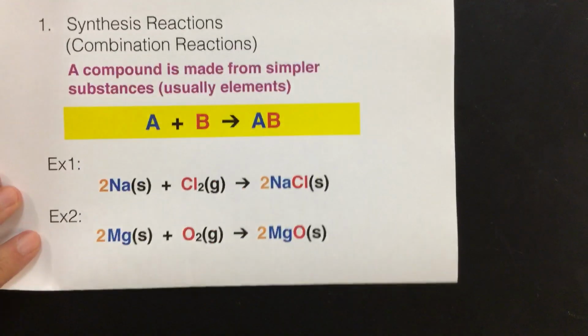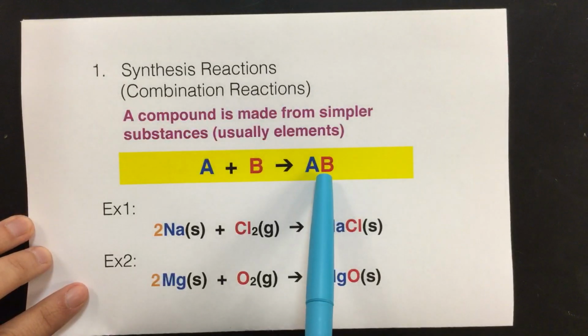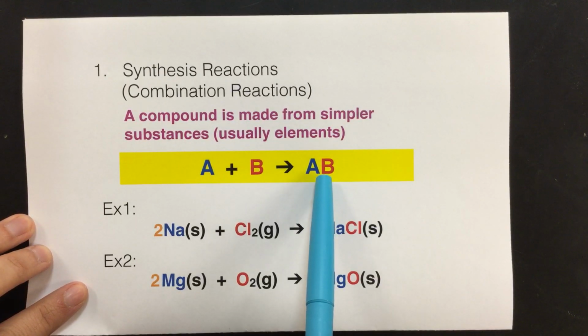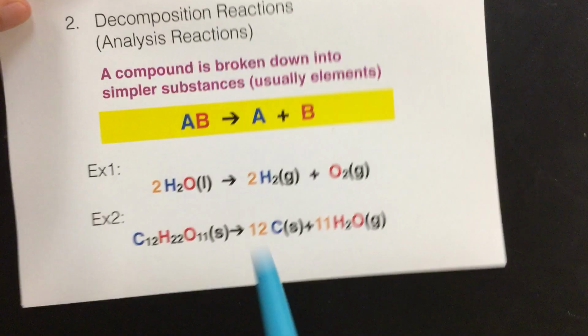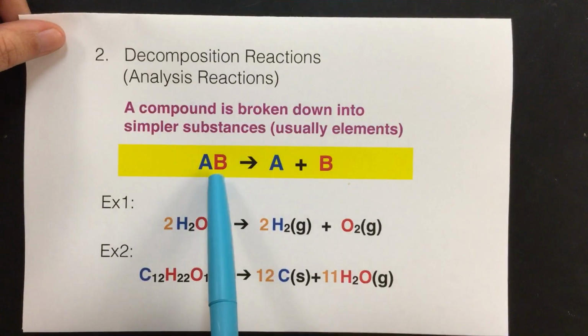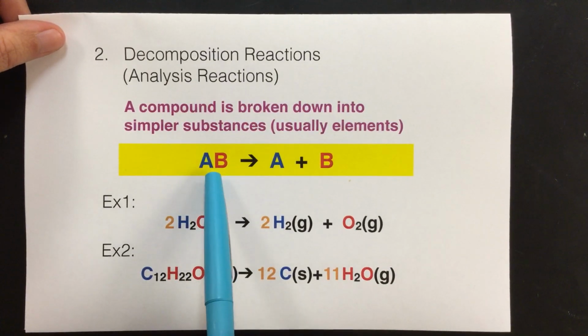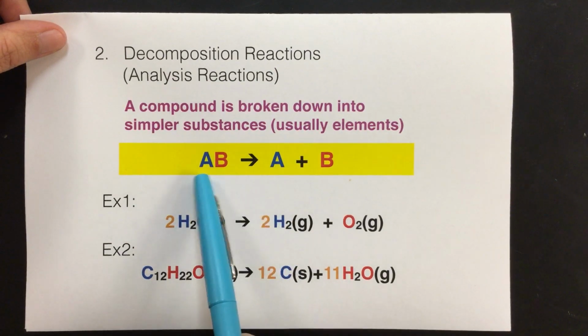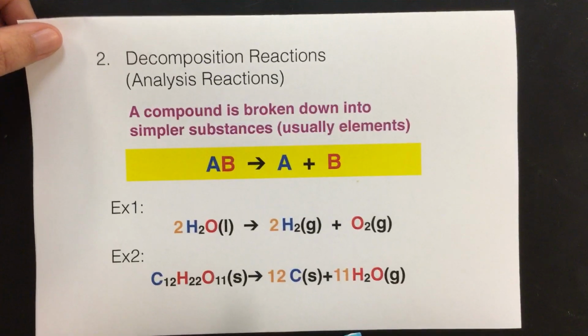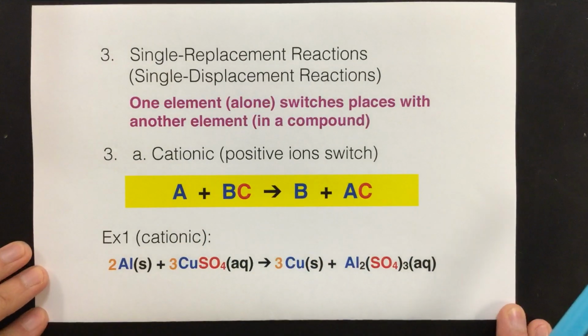But again, the difference here, if the single compound is the product, then it's synthesis. You're just making one thing. Synthesis or combination, right? So you're making one product. The opposite of that is when you have a single compound as the reactant, which is decomposition or analysis, because this thing is breaking down or decomposing. Okay, so that's the first two. They're opposites, which leads us to the main idea here, starting with single replacement